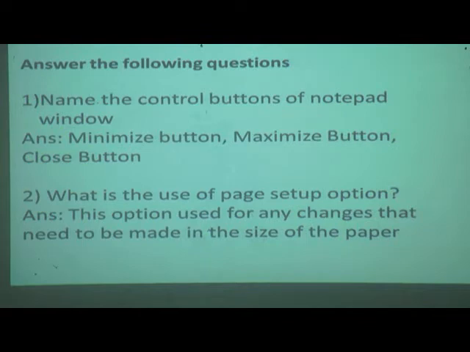If you want to change any size of the paper, then we can change by using page setup option. This option used for any changes that need to be made in the size of the paper.